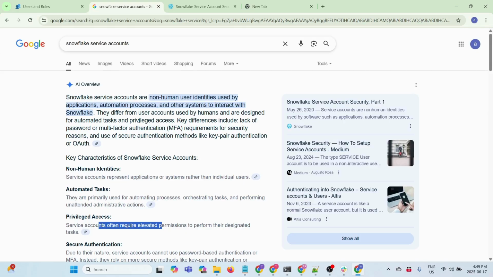There were some data breaches in recent years, so Snowflake is tightening its security policy. As a result of that, it is mandating that for human users, multi-factor authentication is mandatory. But for service accounts, once the Python program is written, we will be scheduling it to run